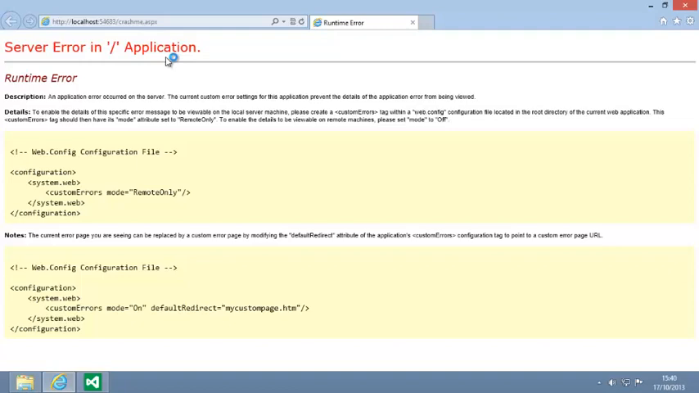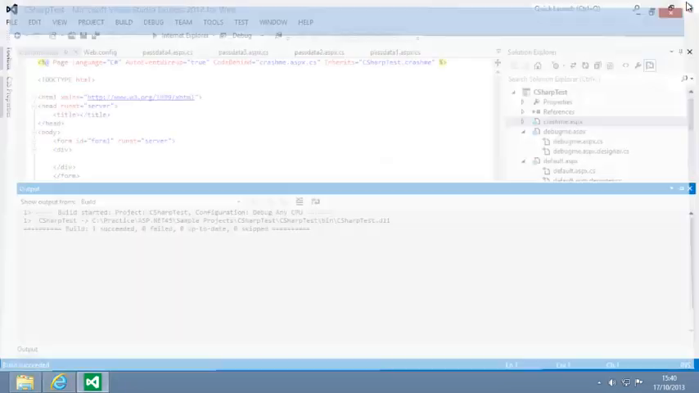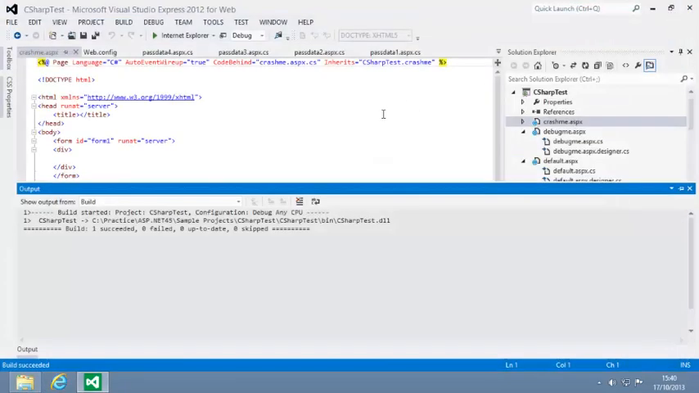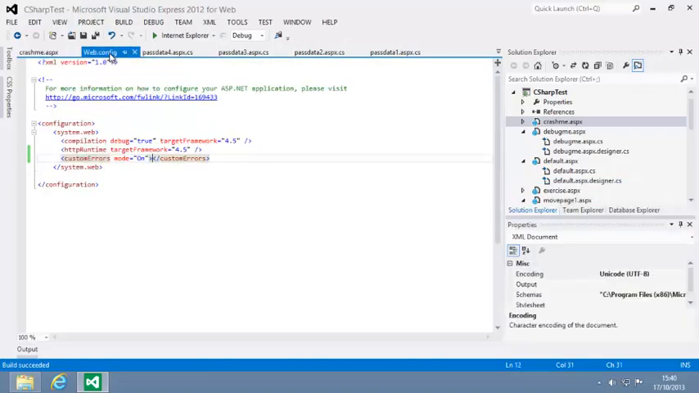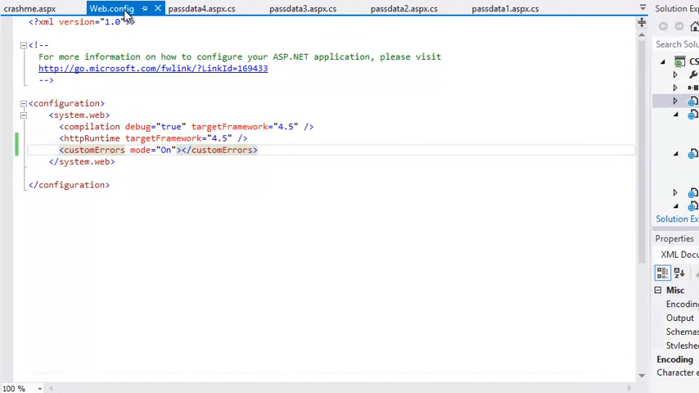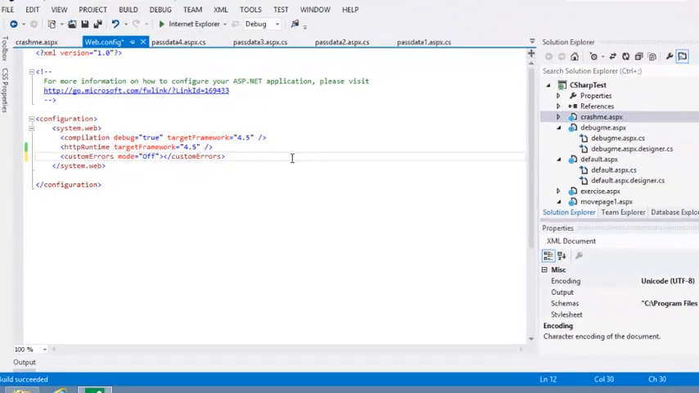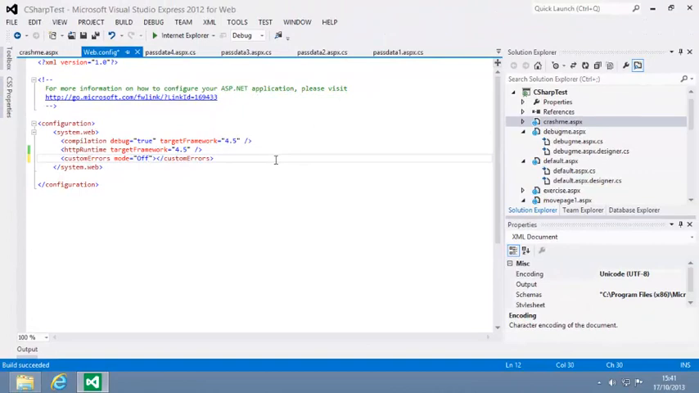Close your web browser now, and return to Web.config. Now you're going to modify the code here to switch custom errors off. To do this, simply change mode equals on to mode equals off. Now view crashme.aspx in your browser again,